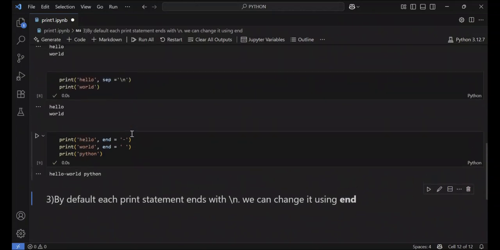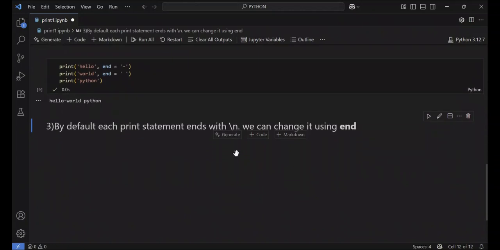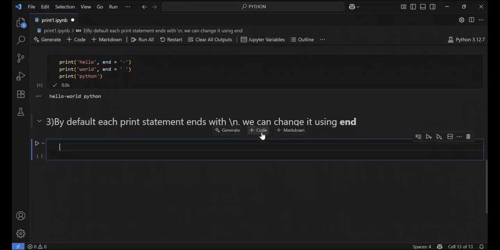Previously I said how the end is working here. Now in this we should write some code. By default each print statement ends with backslash n by default. Okay, now